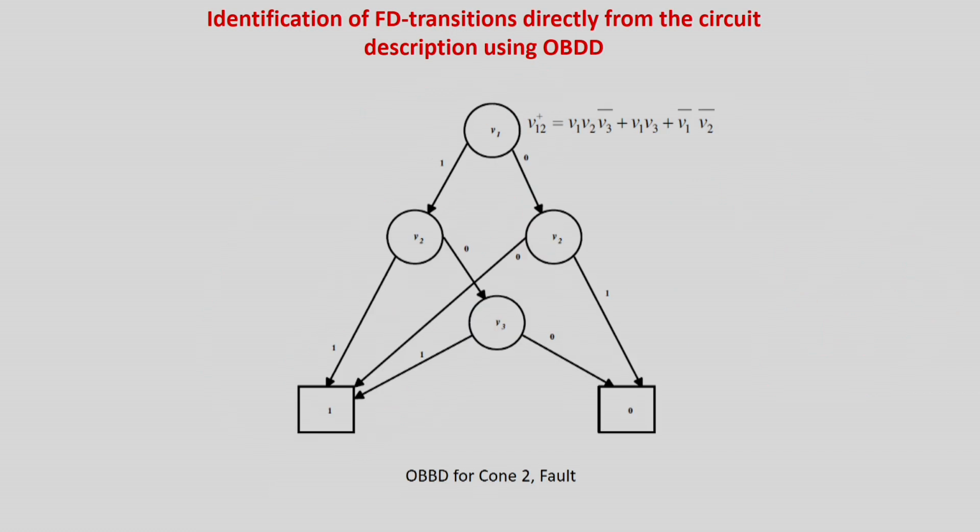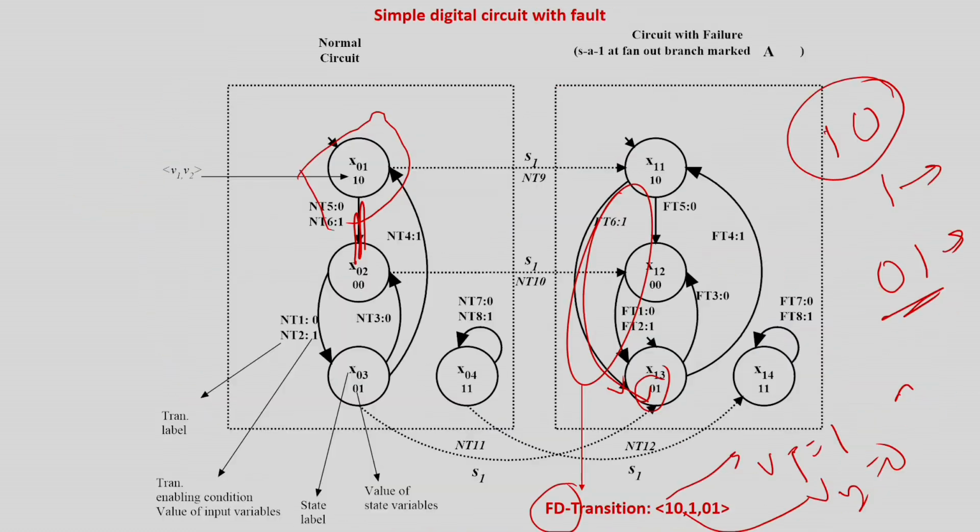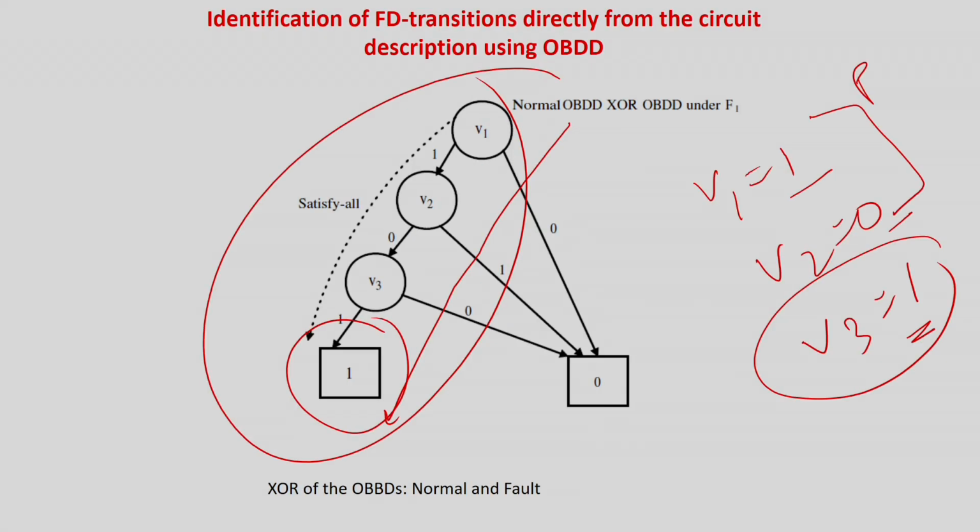That is basically nothing but this point, that this is the state and this is the input where the error difference is there. But what is the final output, how the error is reflected, that is 0 1. How do I find out? That cannot be told by this BDD. This BDD is just telling you that this is the input condition in which the error can be detected or the difference is there.